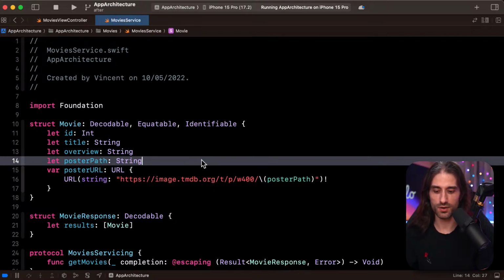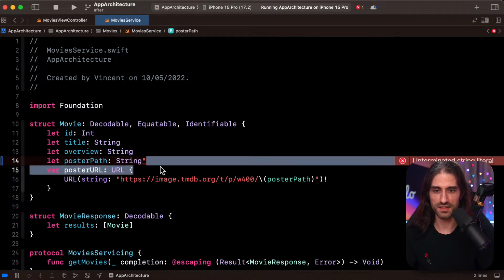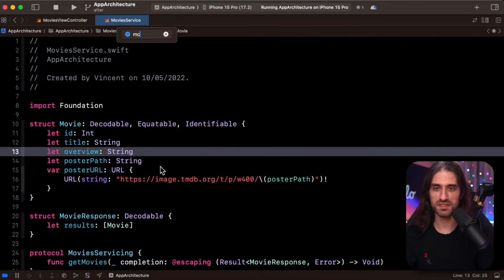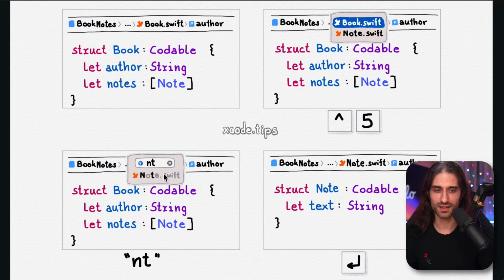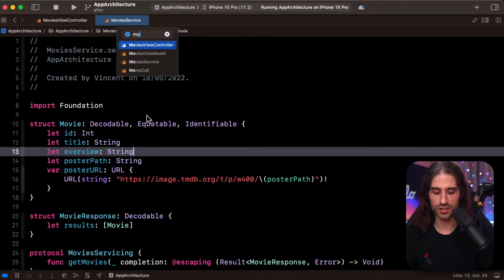Oh, so actually, you can also do Command 4 for this one. Command 5, okay. So Command 5, and then, for instance, if I type, let me fix this before, because I screwed up something. So Command 5, and if I search MC, actually, it didn't show me movie cell. So maybe the behavior changed, because here it did fuzzy search. For me, it's not doing fuzzy search. So maybe Xcode changed its behavior, actually, or maybe there is an option.